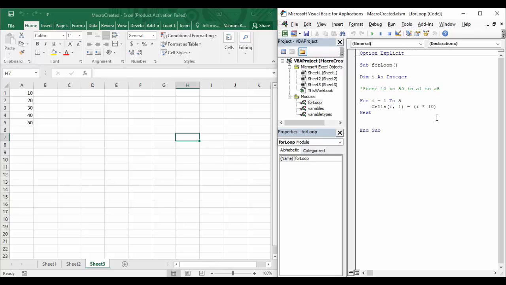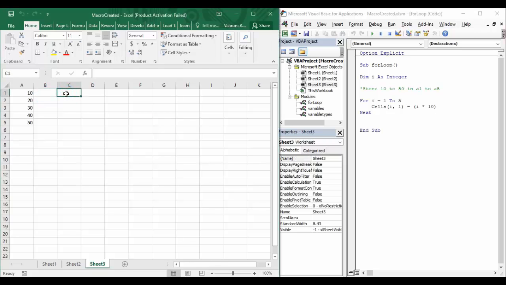Now we all know that if we want to show the color and the color index, that is, if we want to show the color of any particular thing, or we want to assign a color using the color index, then we have possible values from 1 to 56. Now 1 to 56 is an integer value, so if we want, we can just show it using a for loop. So this would help us to understand the working of a for loop in a better way.